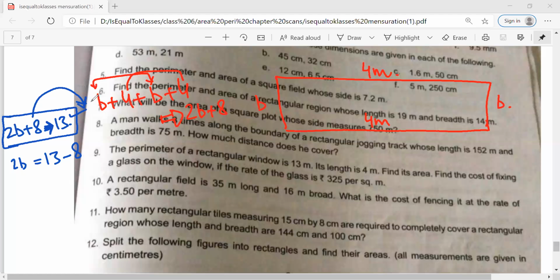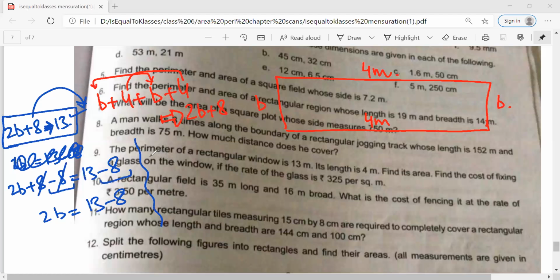Any doubt, Mr. Sarthak? No, sir. Another way in which you can see this is that you can subtract 8 from both sides of the equation. Is it okay? Yes, sir. 8 and 8 will get cancelled. So 2B would be equal to 13 minus 8. So there are two ways in which you can solve these equations. One way is that this 8 will go in the right direction, to the right hand side. This is positive here, it will become negative here.